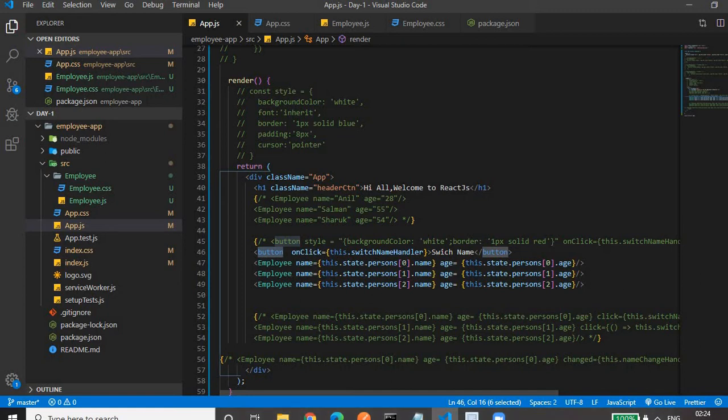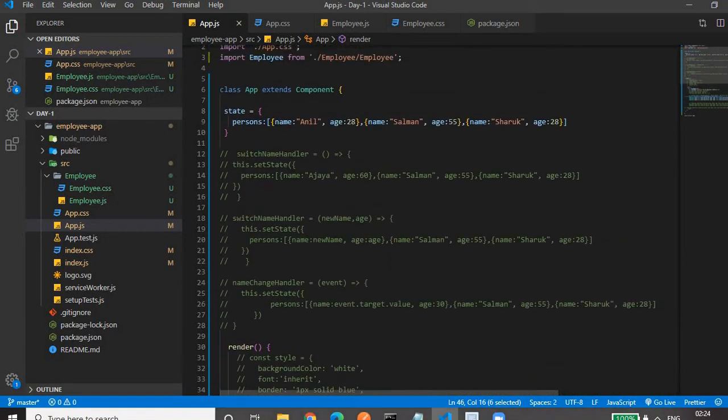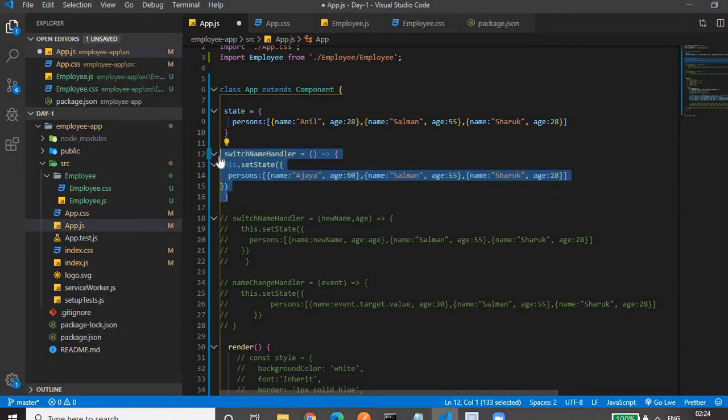So I have a function named switch handler. Let me uncomment this. Switch handler is a function, an arrow function in which we are updating the state. For updating the state we have the setState function.